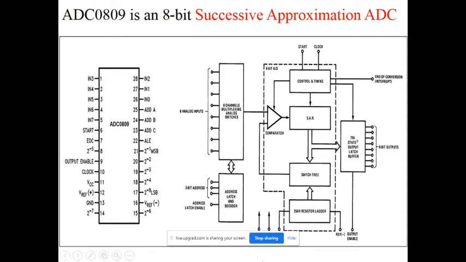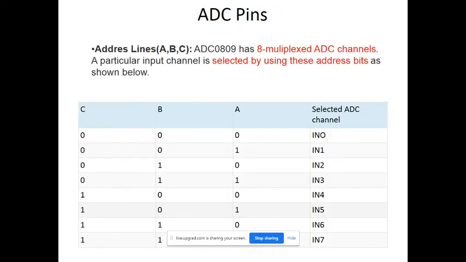In this fashion all these are given by the controller, and the ADC sends only one signal, that is end of conversion. When conversion is over, it will send end of conversion to inform that the conversion process is over. This is the basic idea of ADC. Now one by one we will see that. We already declared these, and we discuss all these points again.